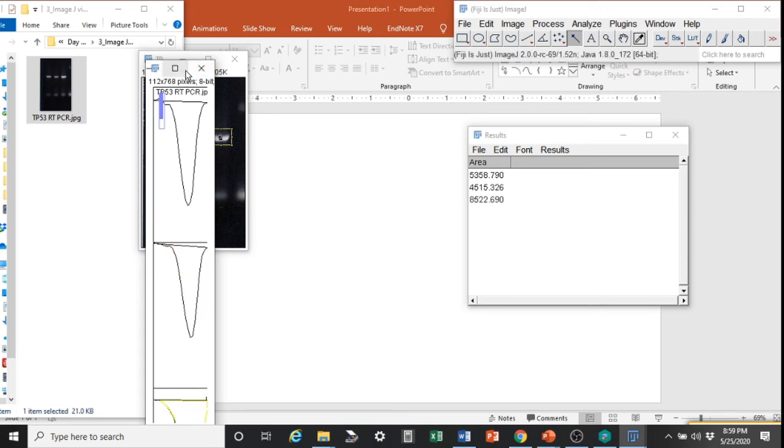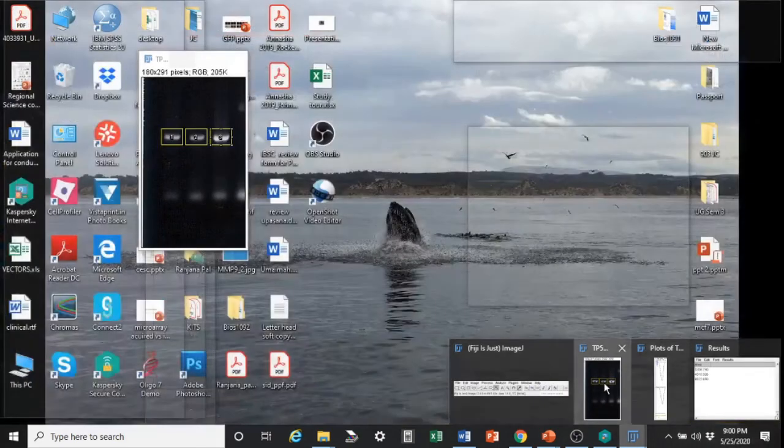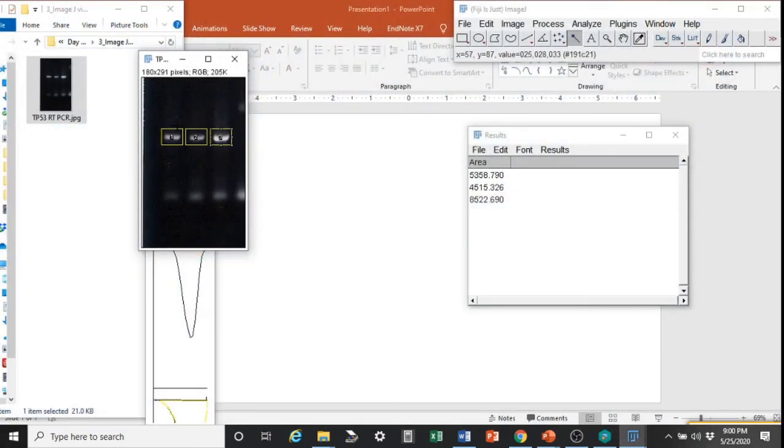If you look at the data now, just by looking at it, we are understanding that the intensity of band number 3 is higher, and when you look at the numerical value here also, it is reflected as higher than the rest of the two.